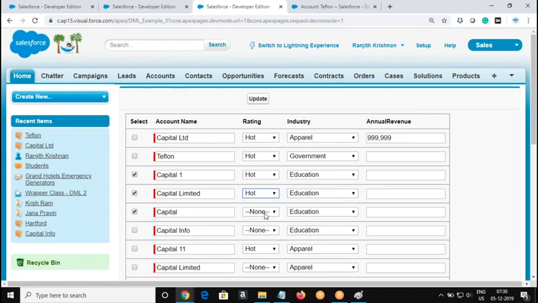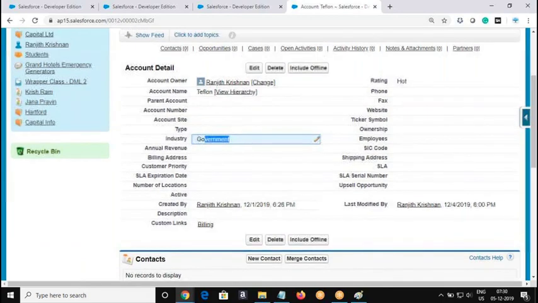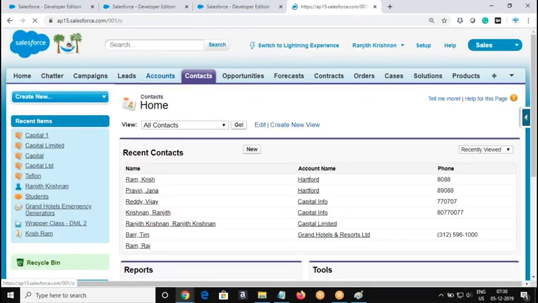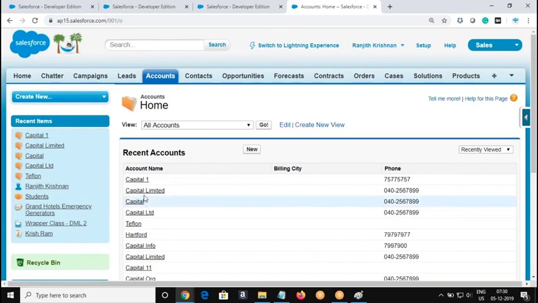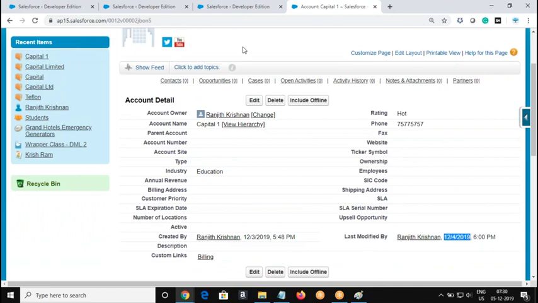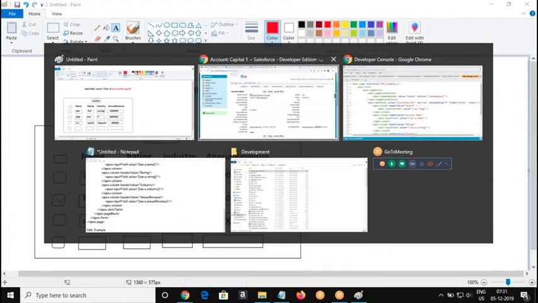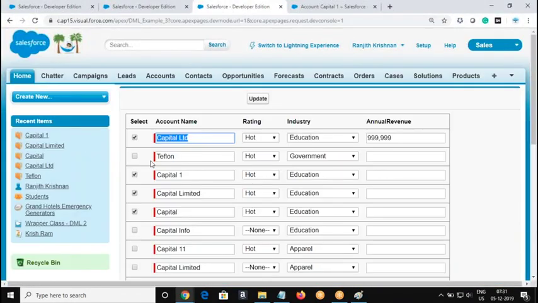Right? So the modified rows are appearing in the recent items at the top. Okay. Once modified, I would like to refresh the table with the modified value